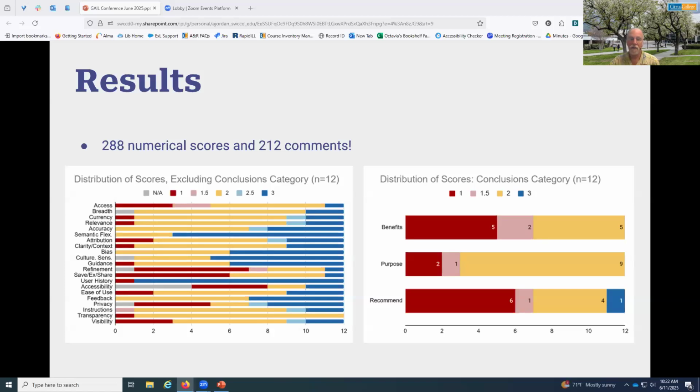I think the rubric scores paint an interesting picture, in as much as if you look at the chart on the left, there appears to be, roughly speaking, a fair degree of satisfaction with most of the individual criteria.